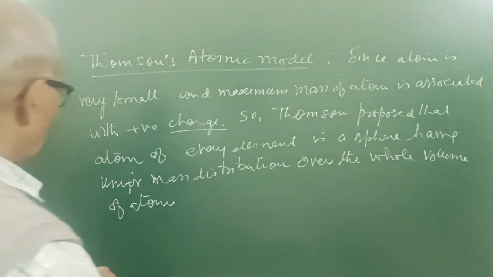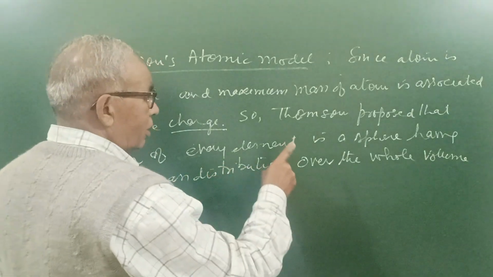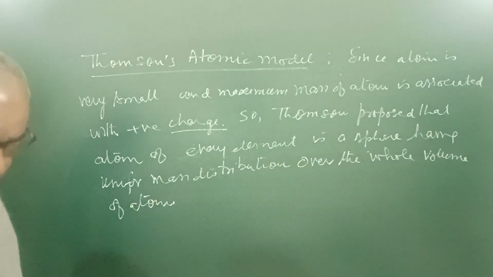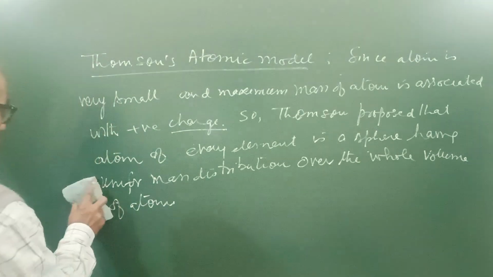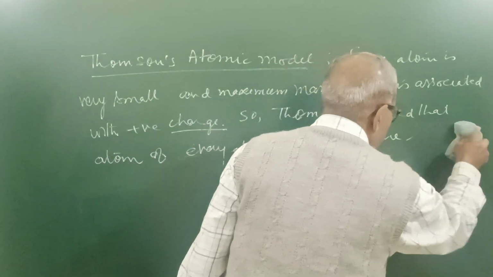So Thomson proposed that the atom of every element is a sphere having uniform